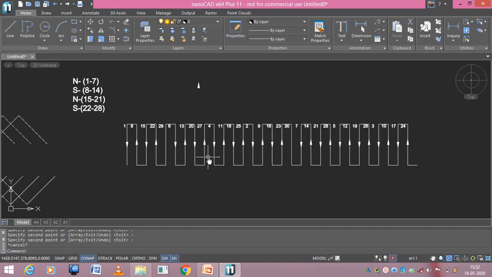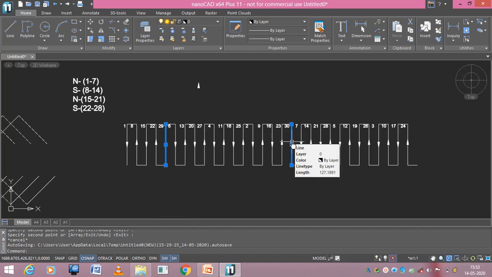Find the adjacent conductors which have the same direction of current. For example, let us have conductor 8 and then 15. These two are adjacent, but both have different directions, so I cannot place the brush here. Likewise 6 and 13, again I cannot. Here also just look at the front end, right? We don't have any locations here to place the brushes. So in this case I have another two conductors, 29 and then conductor number 30. Still I need to decide which conductor should come under north and which under the south pole.